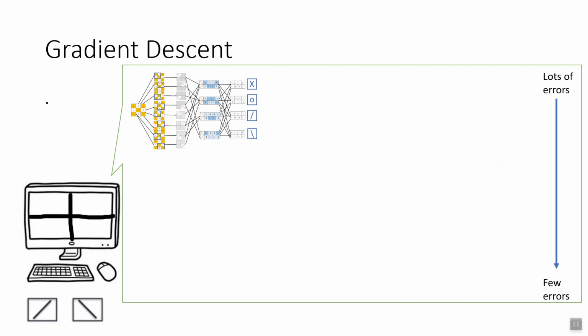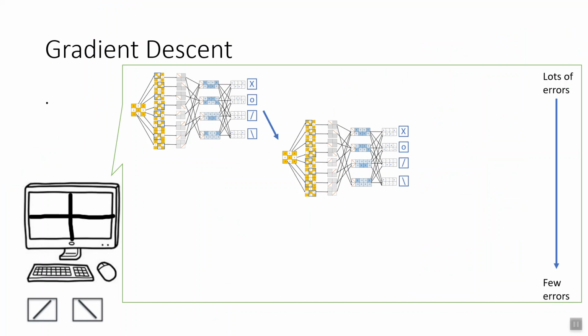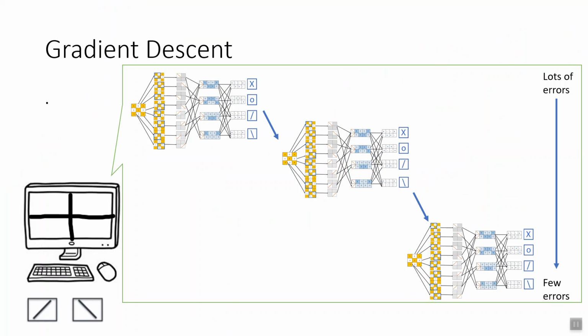Related to this, it takes an error function, finds the derivatives, and uses this gradient to walk in the direction that minimizes or reduces that error, decreasing the error function again and again until it reaches a point where there are very few errors. Then it says it is happy with the convolution neural network and its parameters, and it is done. So that is how the computer does it.